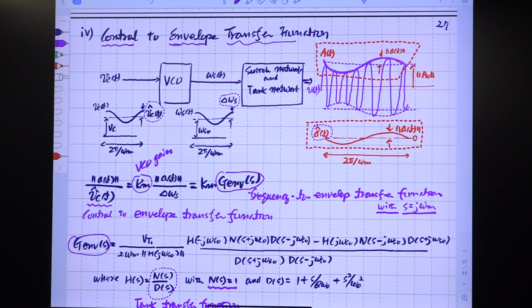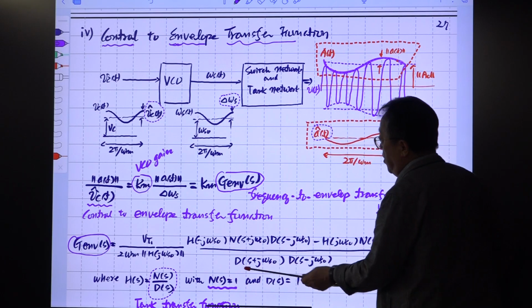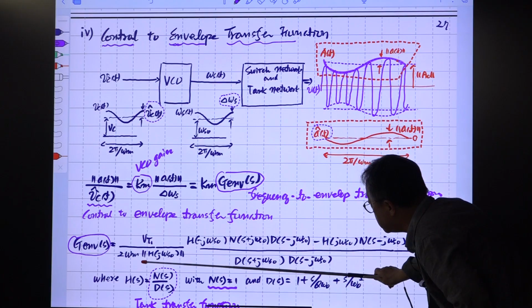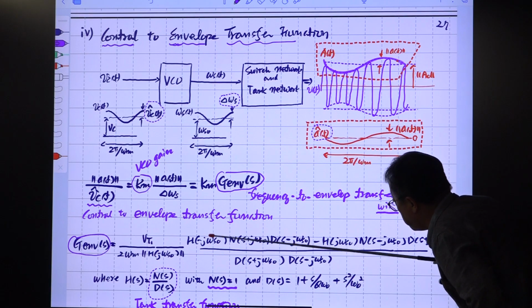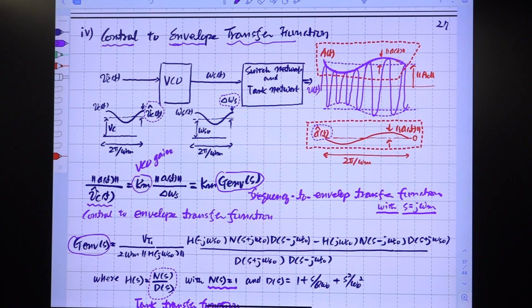Previously, we derived the frequency to envelope transfer function, which is this one. But we have this Km. Km is the VCO gain. It's some constant. Then we multiply this, and this is the control to envelope transfer function. We assume some value for Km. So just to evaluate this one, we already went through this. G, E, and V is expressed like this. We have a denominator, we have a numerator, we have some gain here. And this omega m.